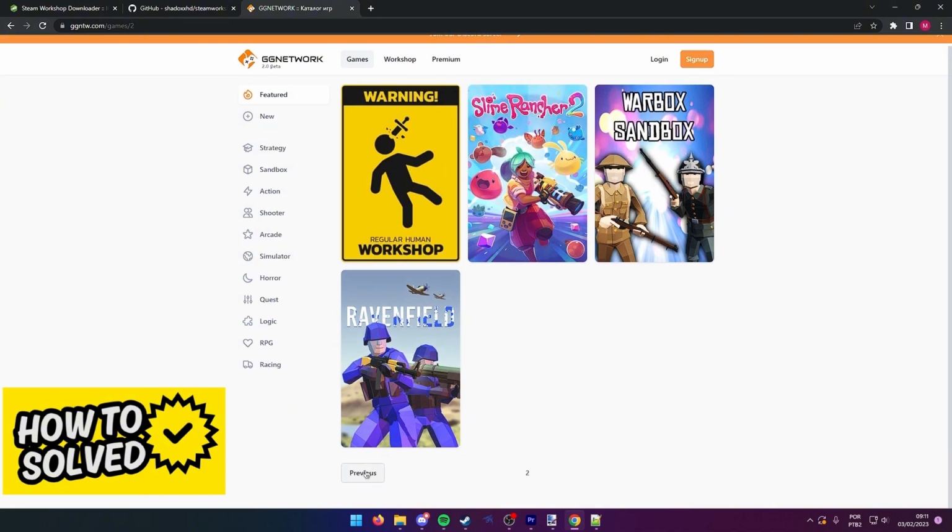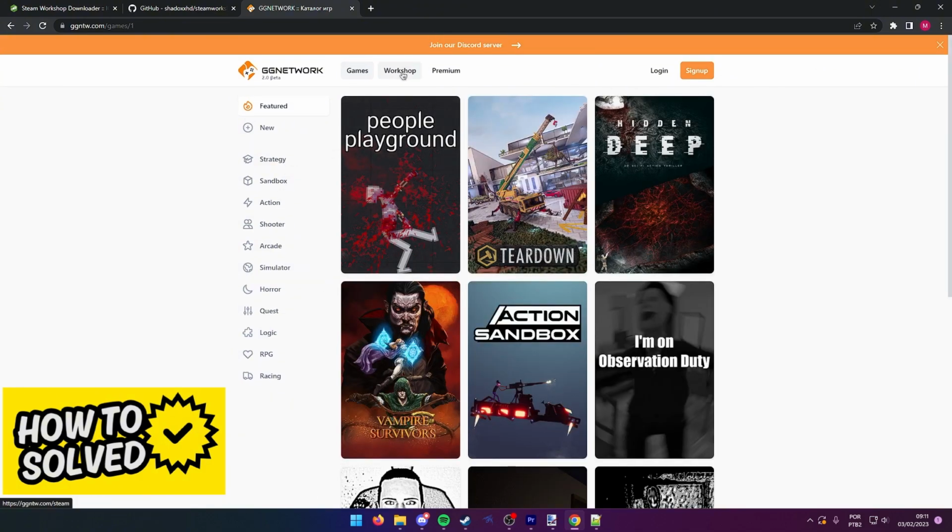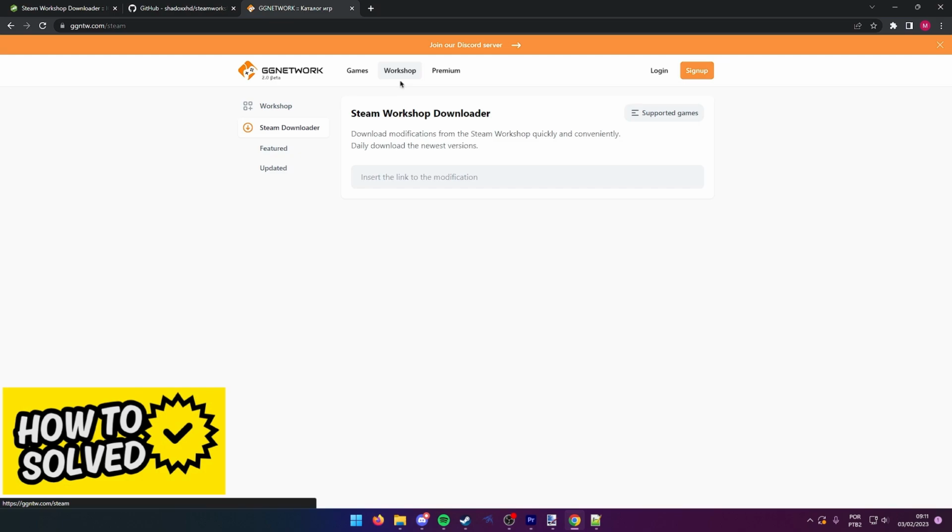All you have to do after you arrive at this page is to click the Workshop tab at the top of the screen, and in here insert the link to the modification you are trying to download from the Steam Workshop, and the website will get a direct link that you can download the modification from without having to log